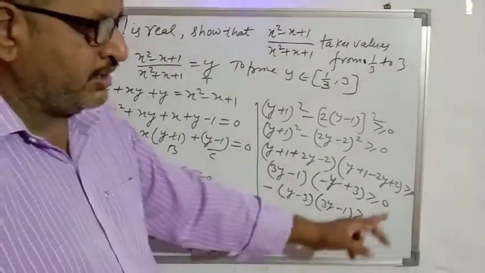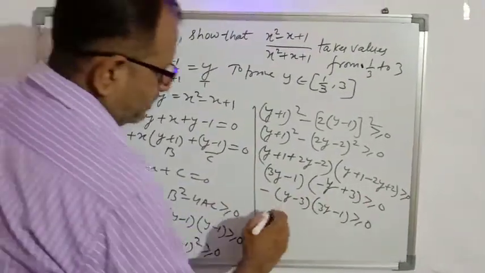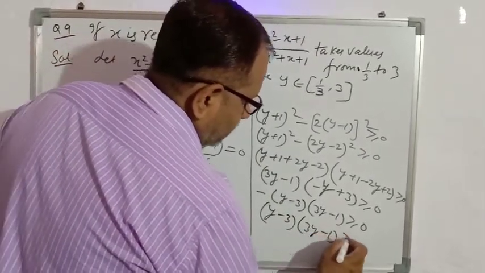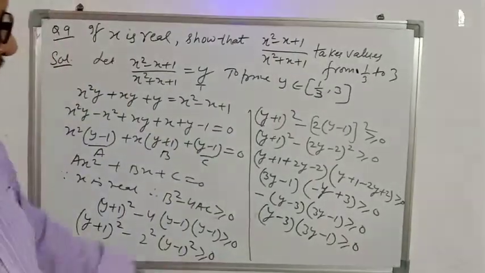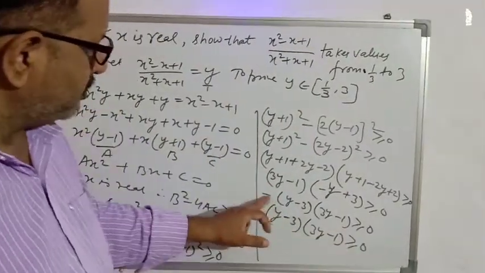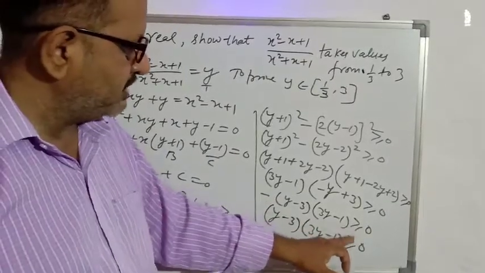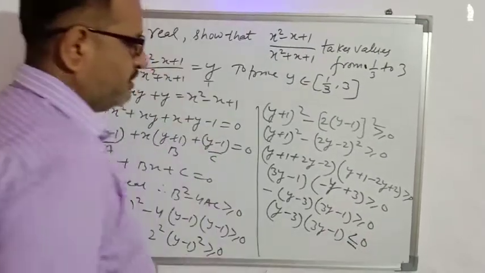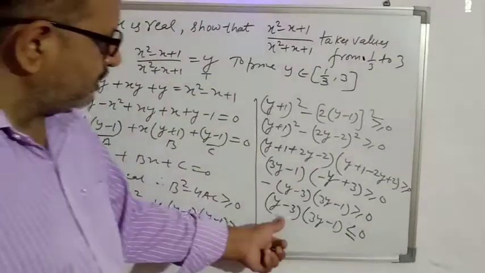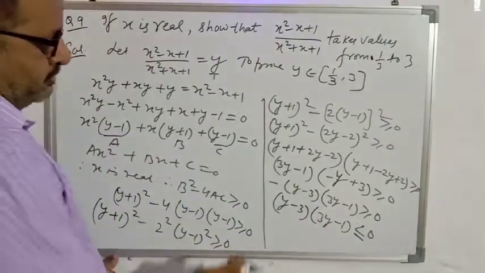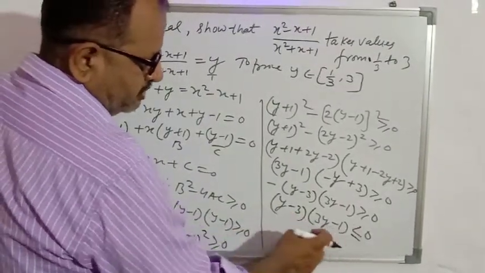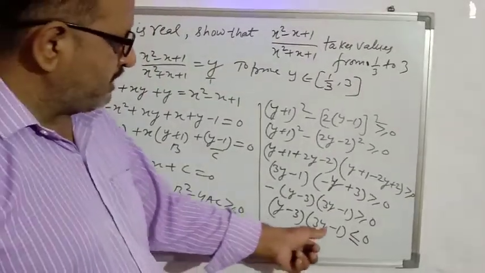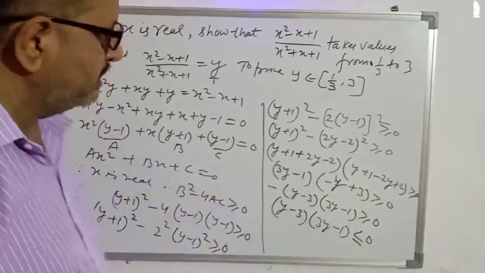Now divide it by minus 1 or multiply it by minus 1. So y minus 3, 3y minus 1 will be less or equal to 0. If we multiply both sides by minus 1 to make it positive, we have to change the sign of inequality. Here greater or equal to 0, so it will be less or equal to 0. Again we are getting two linear factors in y. So for y is equal to 3 it will be 0, and for y is equal to 1 by 3 it will be 0. So we will take two real numbers on the number line, 3 and 1 by 3.